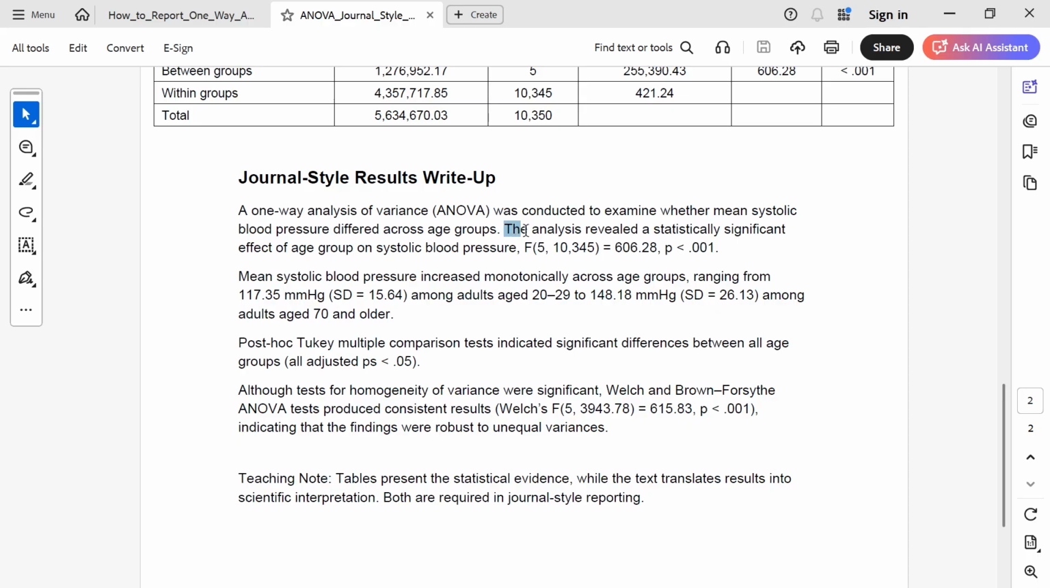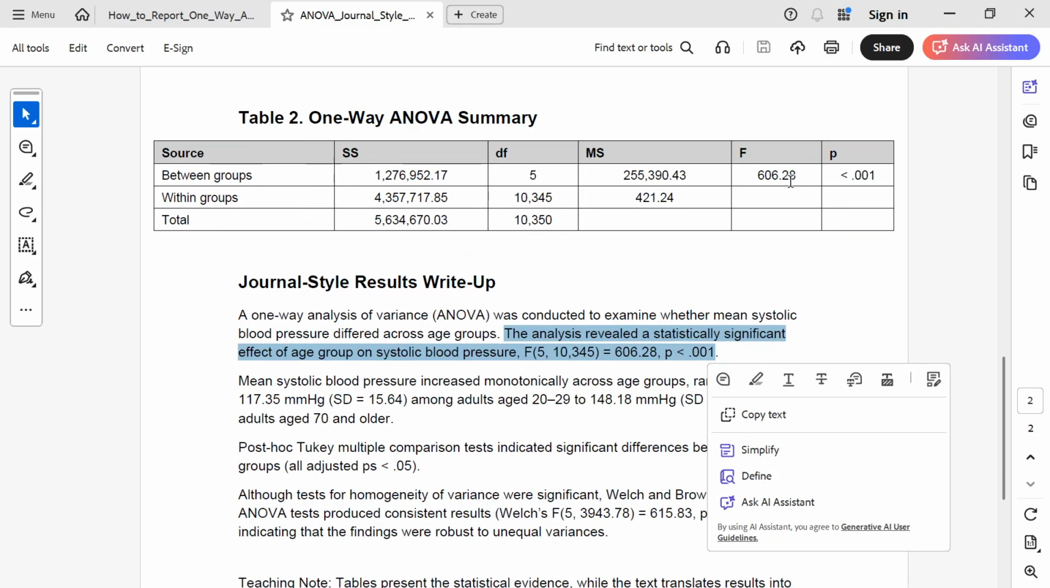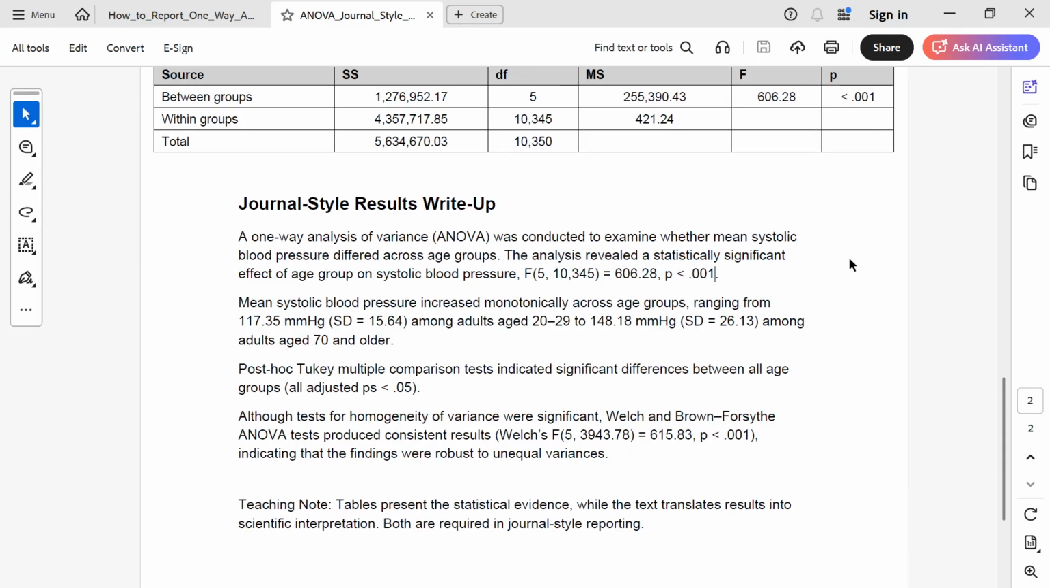The second sentence: the analysis revealed a statistically significant effect of age group on systolic blood pressure, because you can see that our p-value is less than 0.001, which is significant. That means that at least one of the groups in our age groups is significantly different from the other groups, right? So therefore we report that the analysis revealed a statistically significant effect of age group on